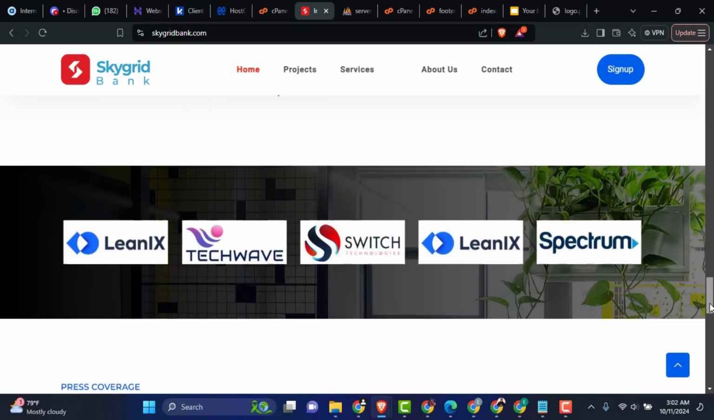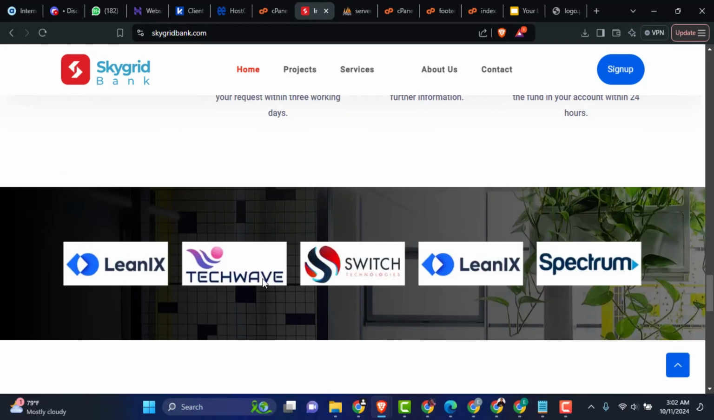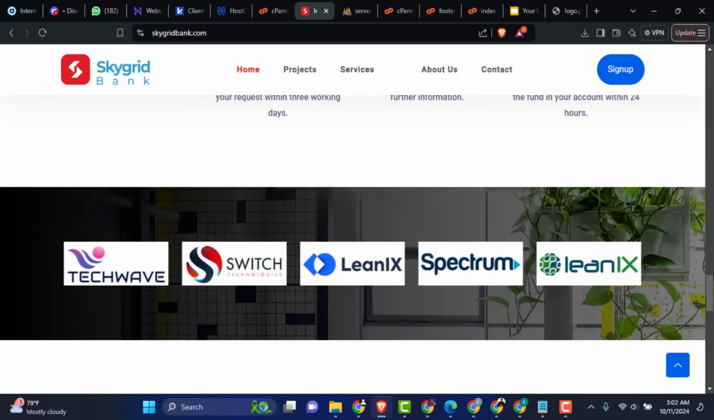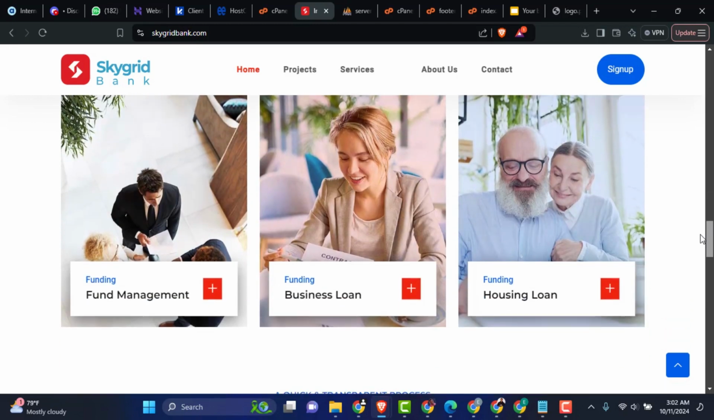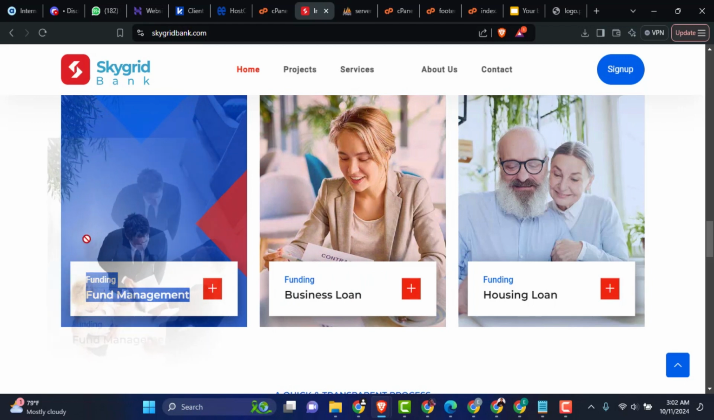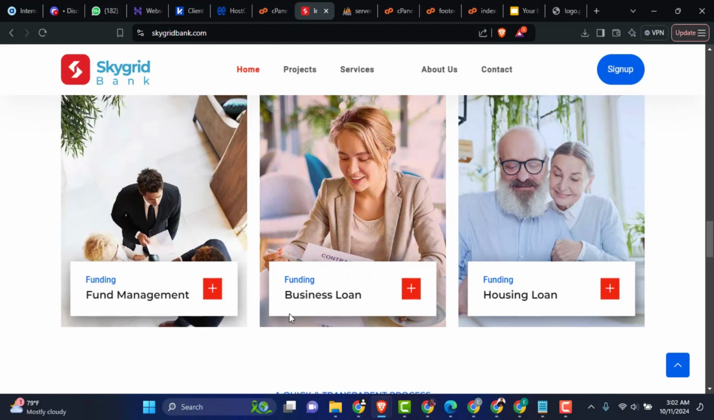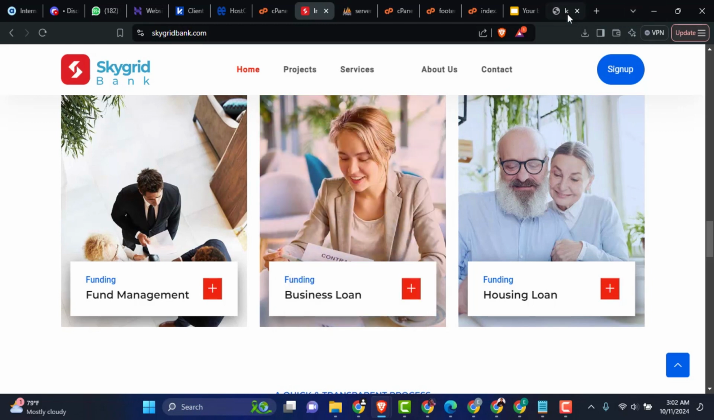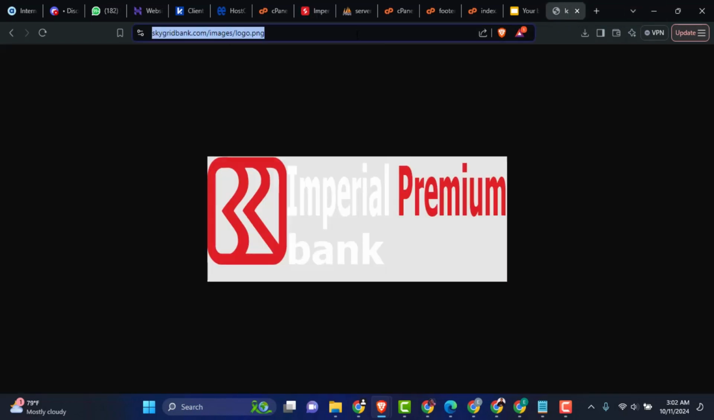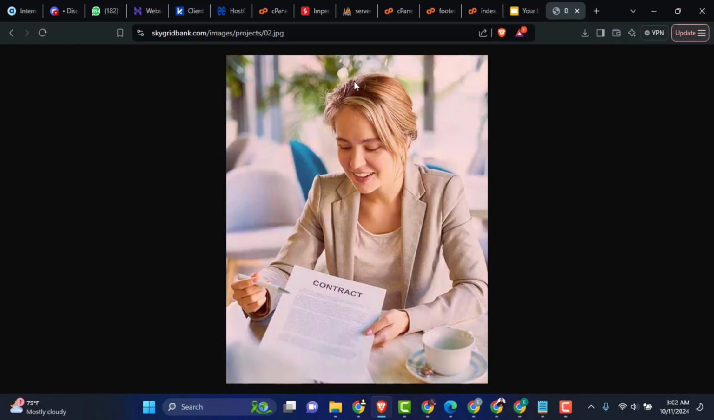The same applies to images as well. So if you want to change any of these images, you can do that from the page itself, like this image right here, this image right here. Any image that you wish to change, just right click on the image and click on copy image address. When you click on copy image address, you're going to have to paste it somewhere, and you can see the image is located in the